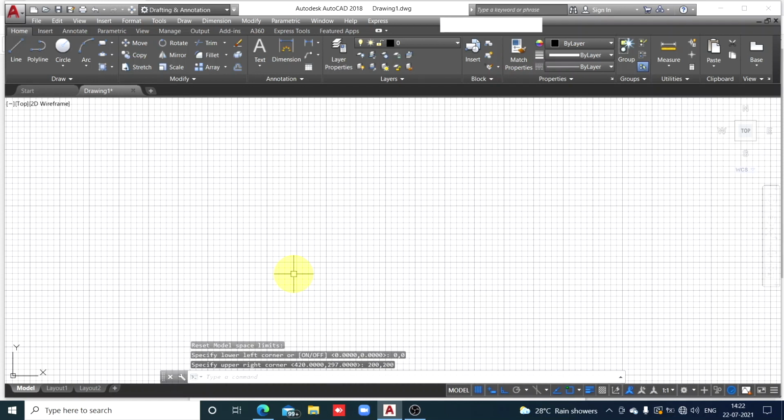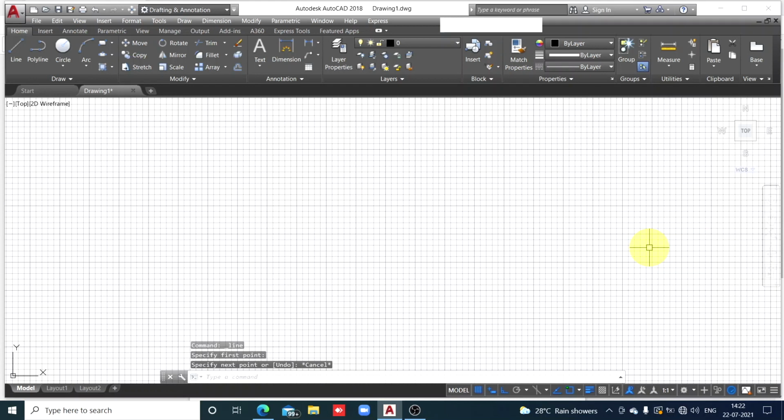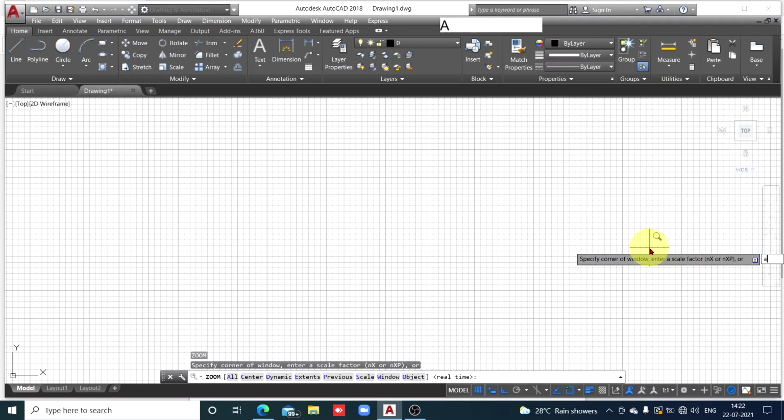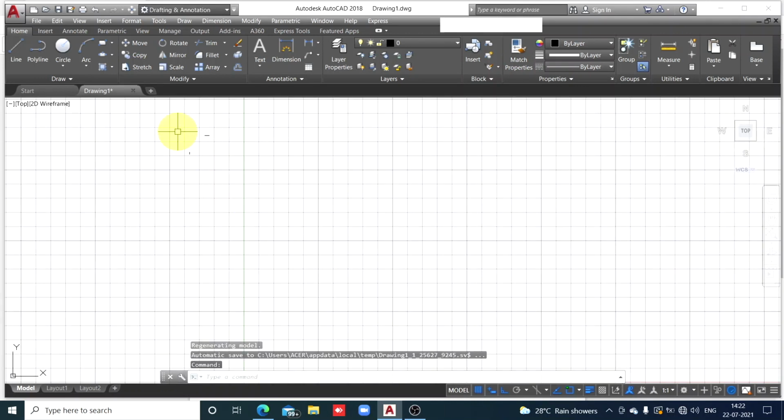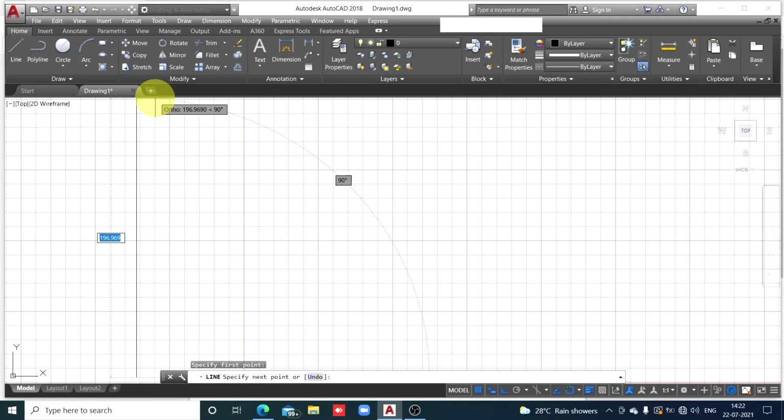Enter. Enter doesn't mean that now that space is available here. At this stage also you get it 6000, because you will get that space which you have entered just now by zoom all. So how to do that? Z enter, A enter. And now check here, that much space is available here. If you draw vertical line on paper, check here, it is about 200 millimeters.